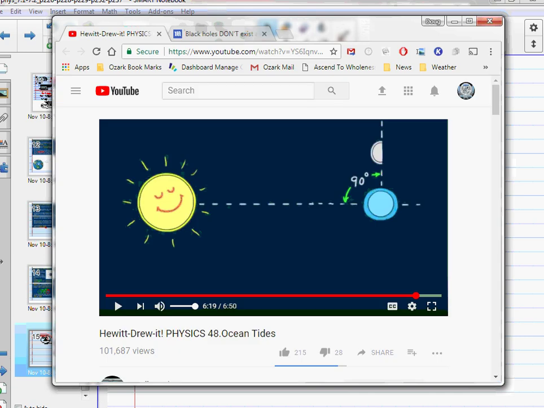And if you look in your book, where's your tide picture? Page 234. Depending on the shape of a bay or an inlet of the ocean, you can get very dramatic changes in water levels or tides. The Bay of Fundy in Canada has a tremendous difference. It's meters of difference between a high and a low tide as the water comes in and gets funneled in by that bay. All right,